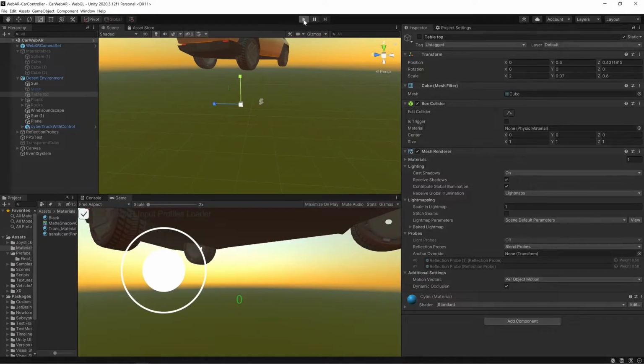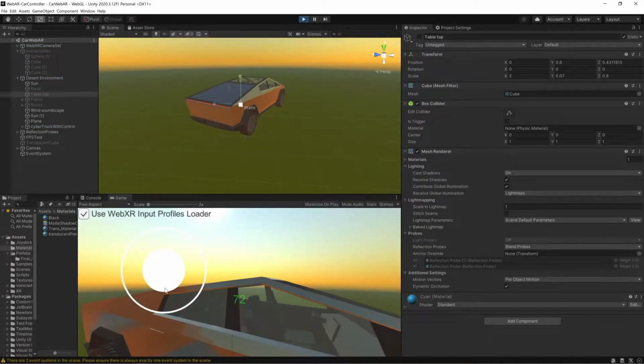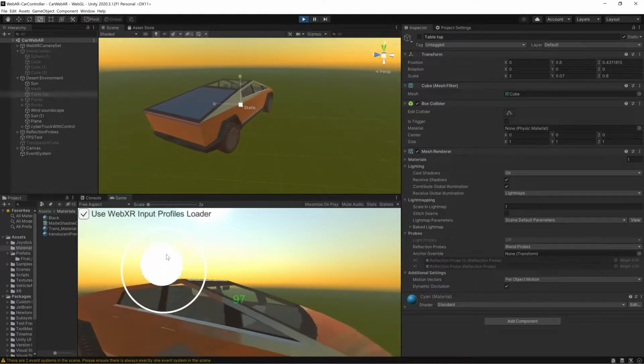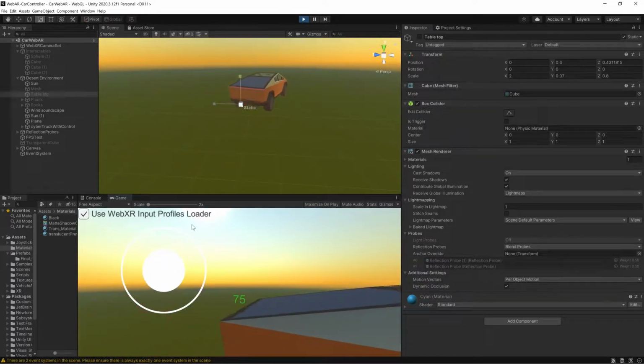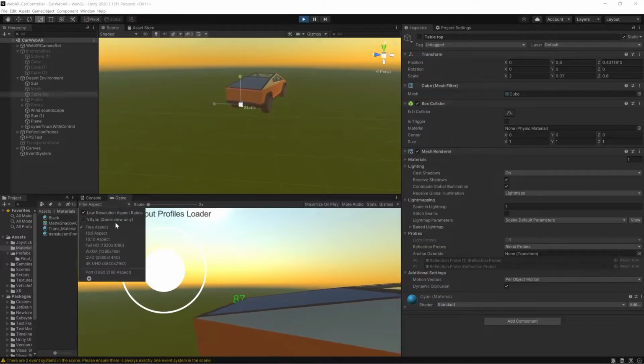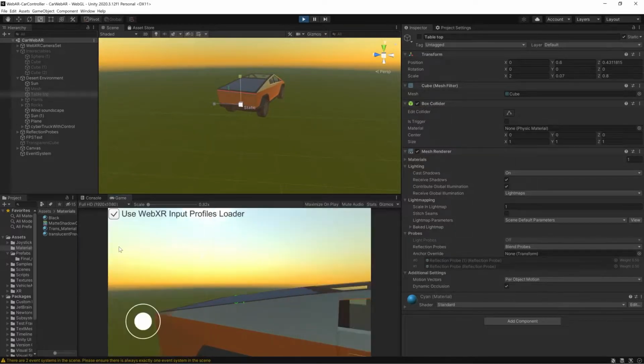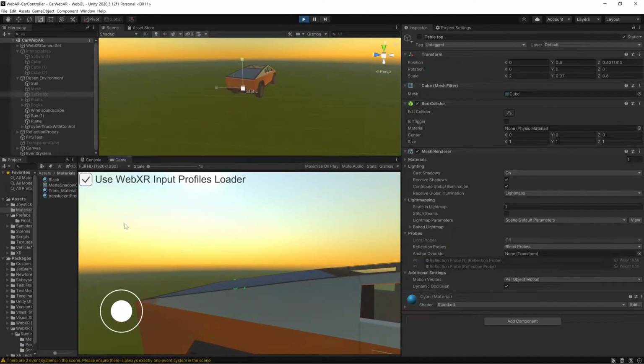Let's play this and see whether it's working as expected or not. So now you can see it has the controls, it's working. We have to do a few more updates, like disabling some UI elements, but before that, let's see the aspect ratio fix. Yeah, it's good.